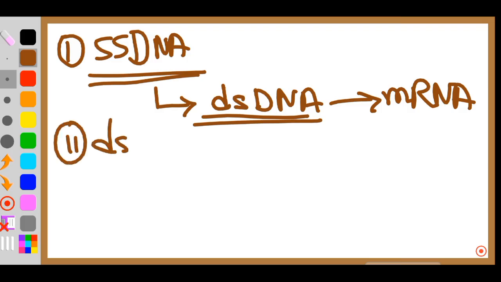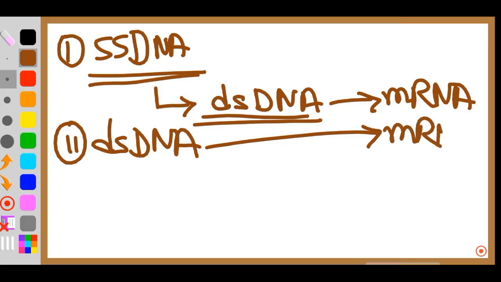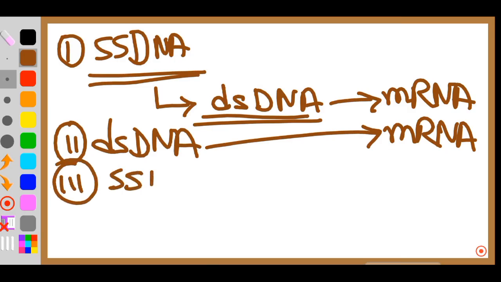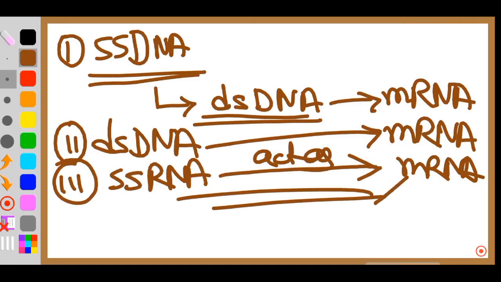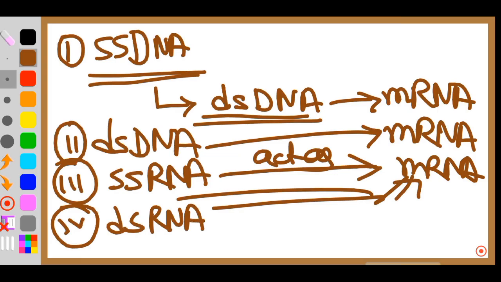But in case of double stranded DNA viruses, as I said, there is no issue. Directly mRNA will be formed. Now let's look into the RNA. So if it is single stranded RNA, then it will directly act as the mRNA. The single stranded RNA will act like the mRNA. There is no production of mRNA separately. Now, if it is double stranded RNA, then it will form the mRNA